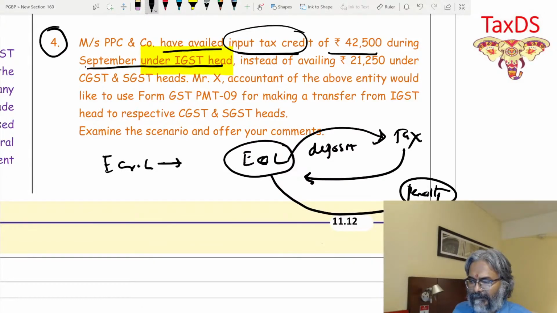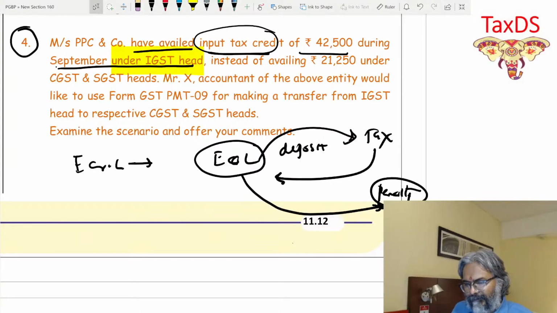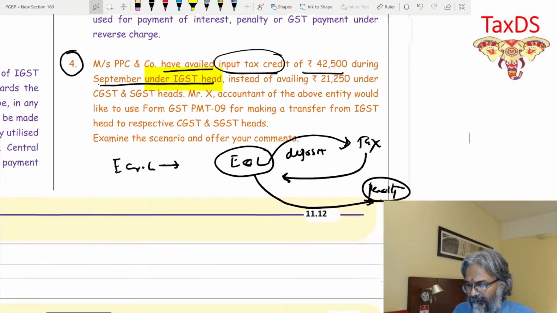And that's exactly the point over here. So I hope that all of you are clear with this one, every one of you. Good evening, Krupa. So therefore, this concept of transfer is not under the electronic credit ledger. The concept of transfer, students, is in the electronic cash ledger. So therefore, now you tell me, is this action on the part of Messrs. PPNC and Company a justified action? And the answer is no. Is that clear to all of you, students? Every one of you? That's exactly the point.